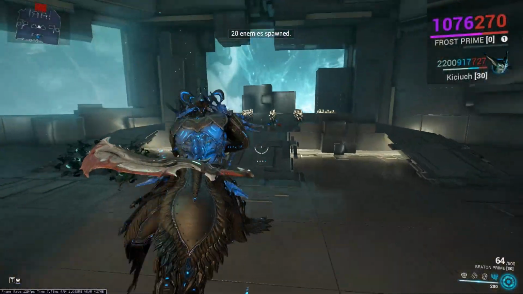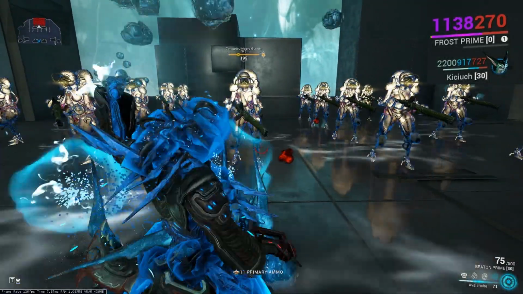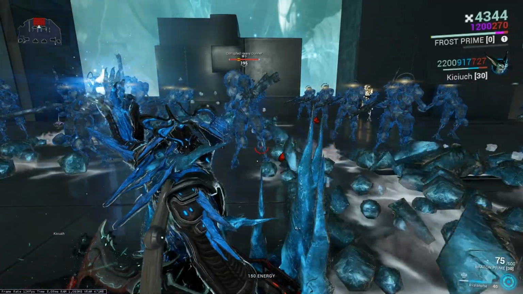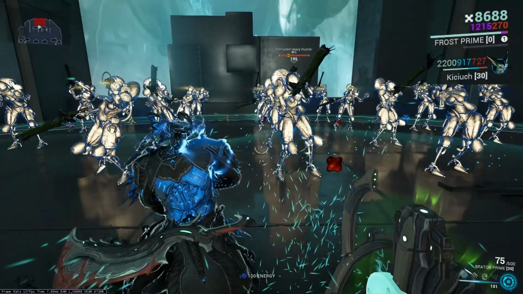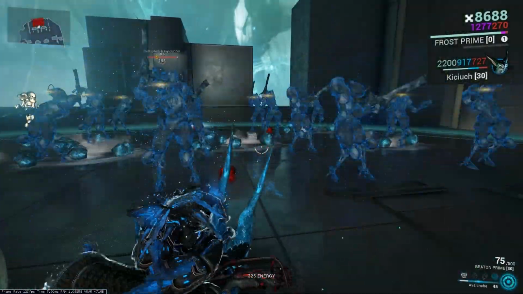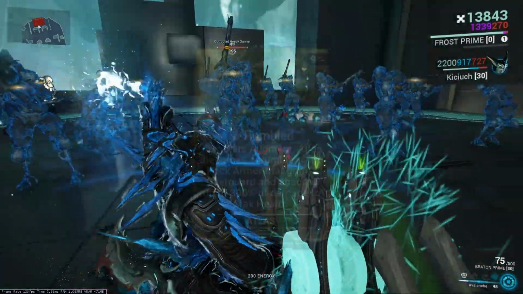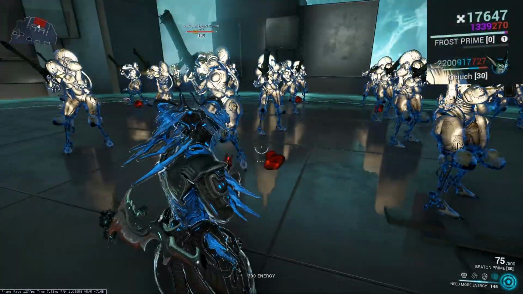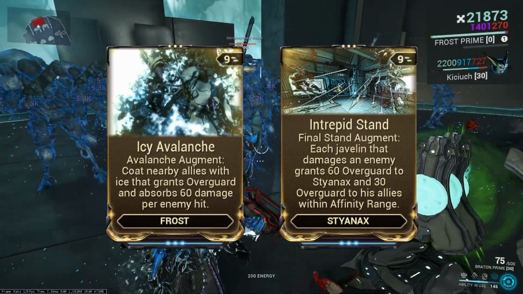If we are talking about protection mechanics, there is also Overguard. This special type of cover that is placed over health and shields protects against damage and status effects and gives half a second of invulnerability to enemy attacks after it is destroyed. You can apply it on yourself with Rhino or Kullervo or Atlas, although the latter requires a special mod for this. However, if you use mods dedicated to Overguard on Frost or Cyanax, you'll be able to apply Overguard on